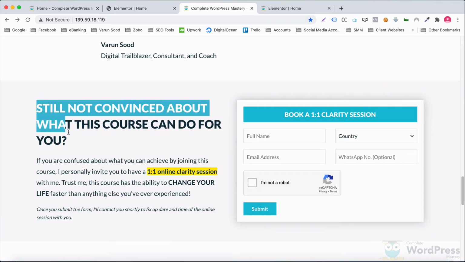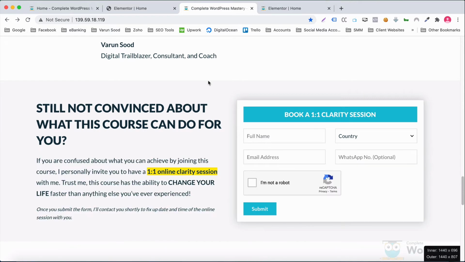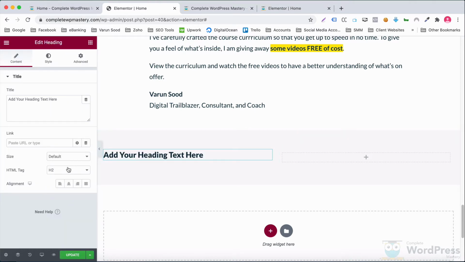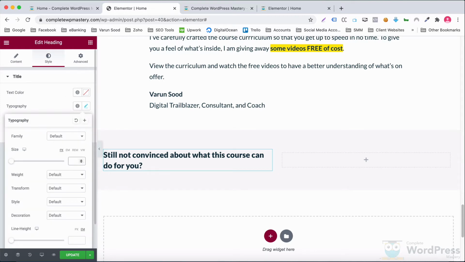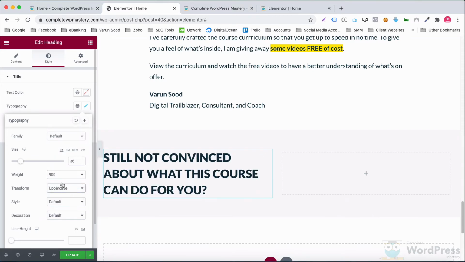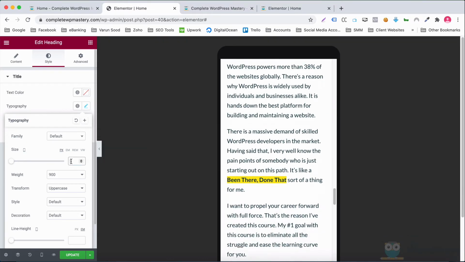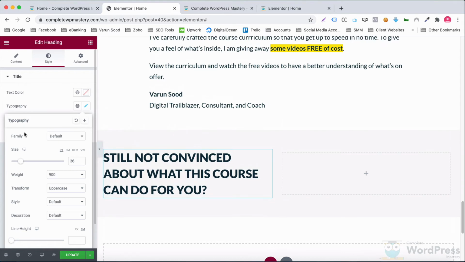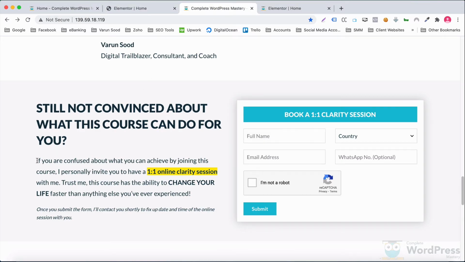In the left column, let's add this heading. I'll add a heading widget and adjust its typography settings. For this text, let's add a text editor.